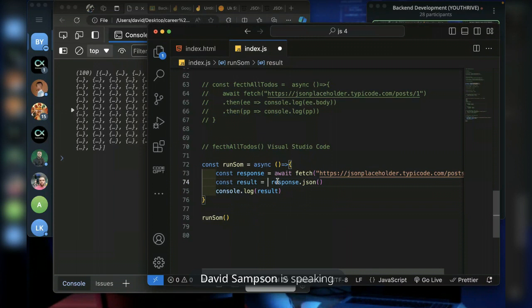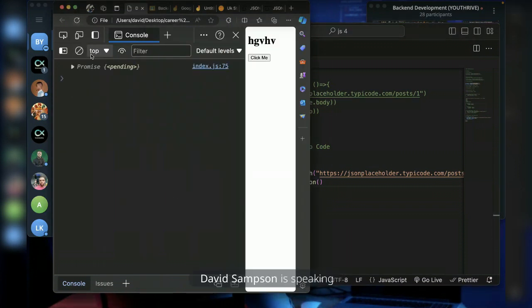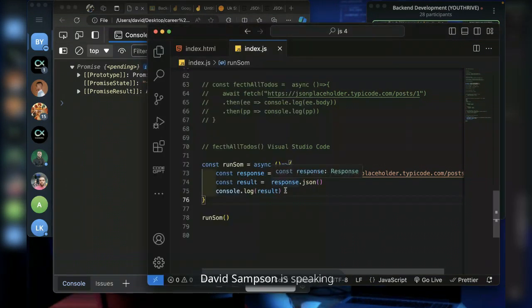So if we remove the await here and refresh, you see that we don't know when it is done. But if you open it, you see that after it was pending, it got fulfilled. And then we have this. So it means that we did not decide to wait before console logging, we just console log without waiting.